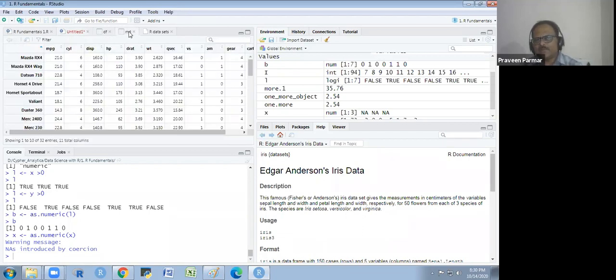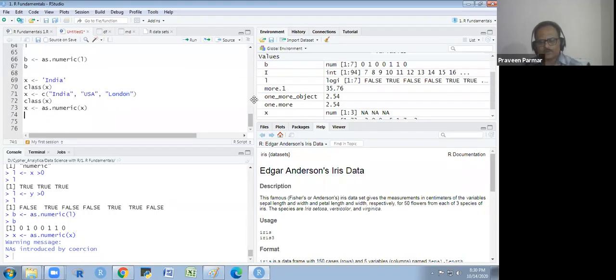There is a MD, we have a file, data frame, and I want to remove dot, this column. So it is very easy to remove the column from a data frame. So MD, and when I put the dollar sign, I will get the drop down menu of all the variables.